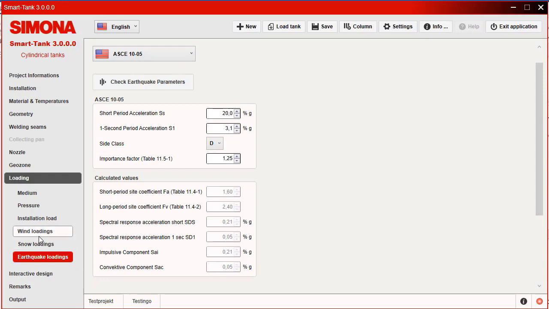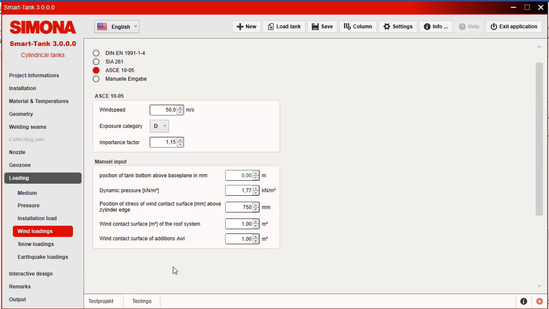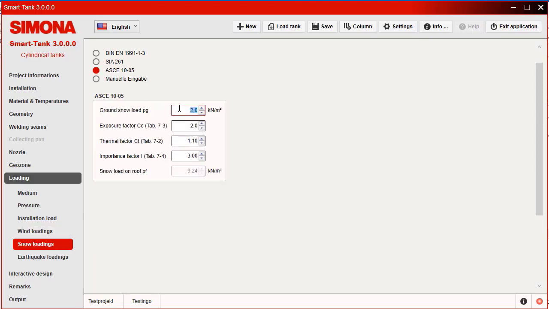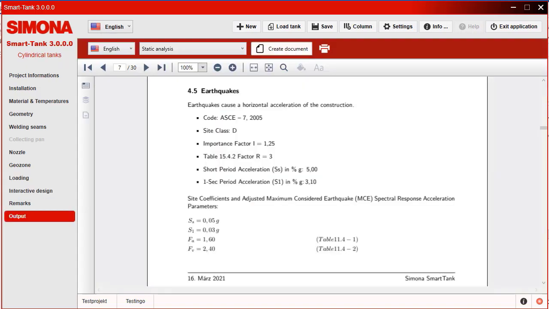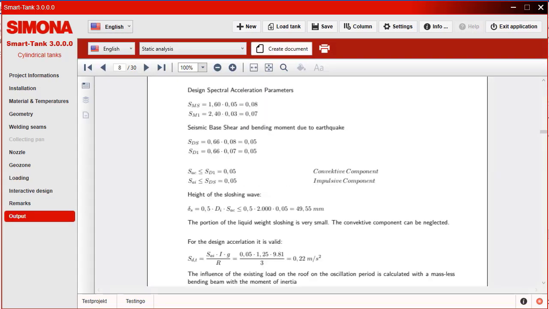We know from experience within our international engineering office that, as a rule, all of the input data required to determine the load is defined within the tender. If not, you should ask your client about this. Enter the basic data, lean back and let Smart Tank determine the standard compliant design loads. In this case too, the loads are documented in a verifiable manner, as the following excerpts show.